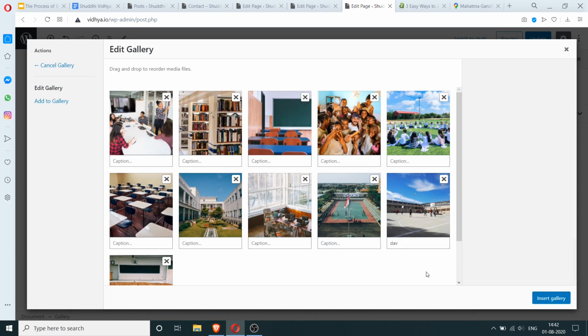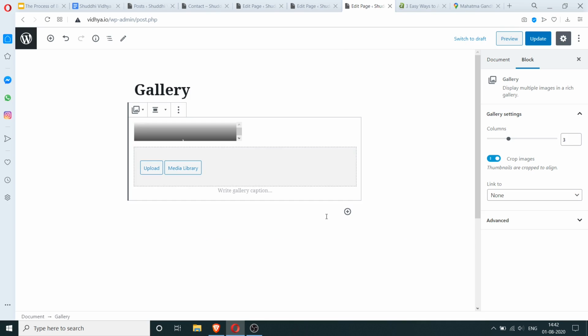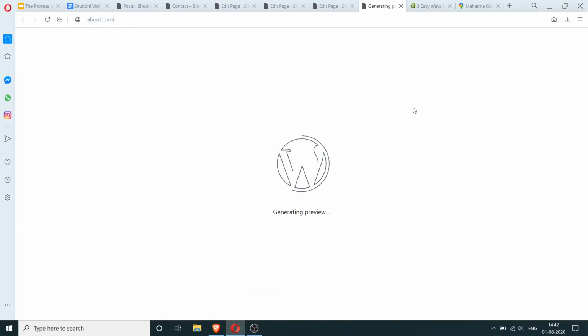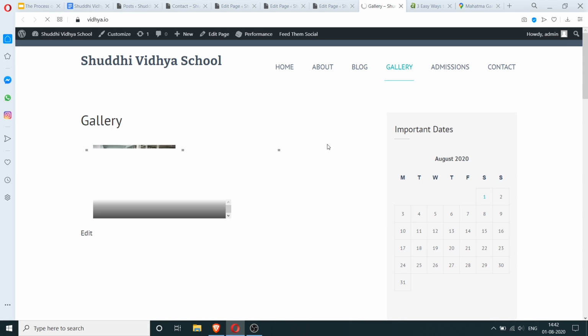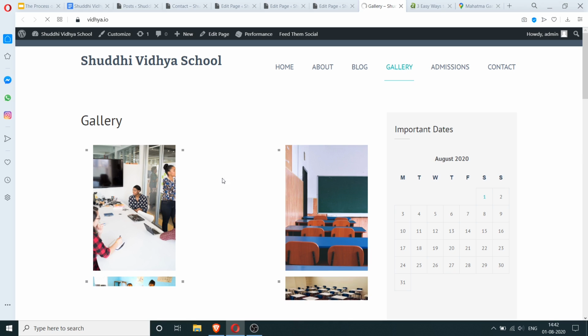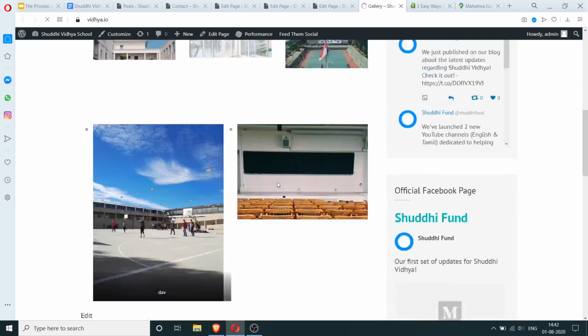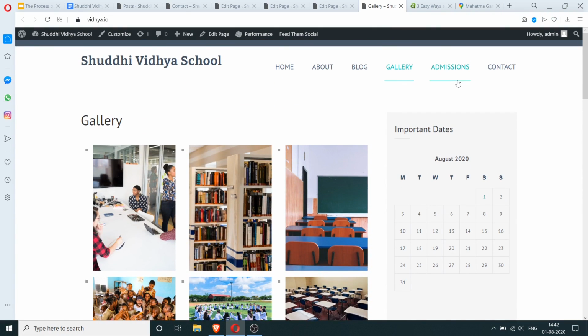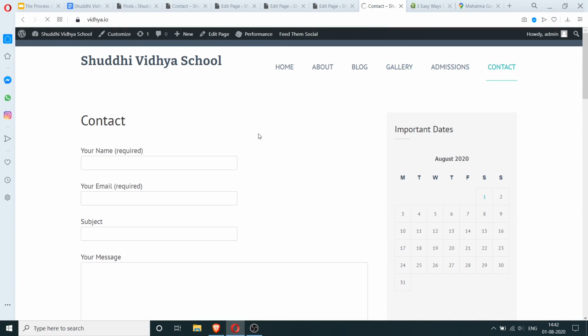I'm going to create new gallery, insert gallery, and let's do a preview of this. So we now have a gallery which shows all of the images like this. This is great. So now we have the gallery also set up with the contact page with the contact form,